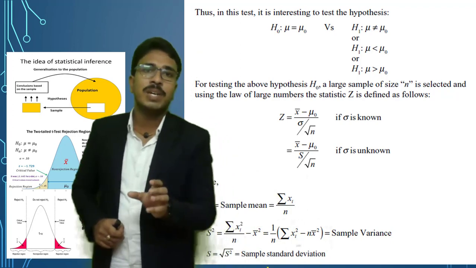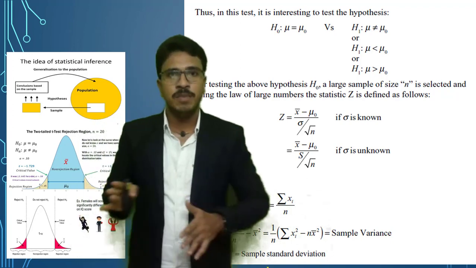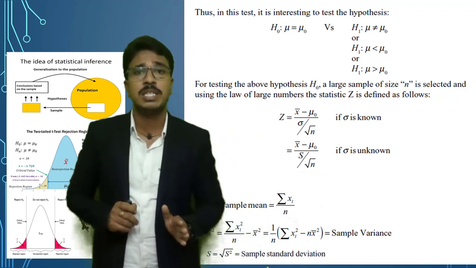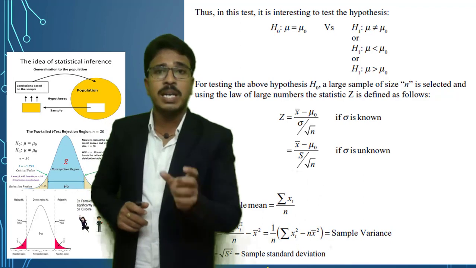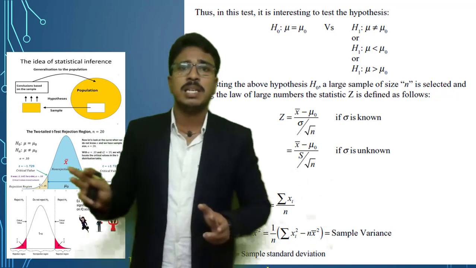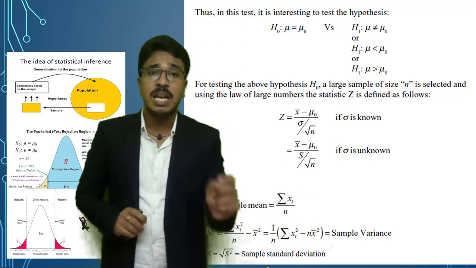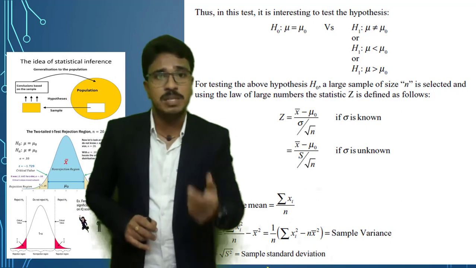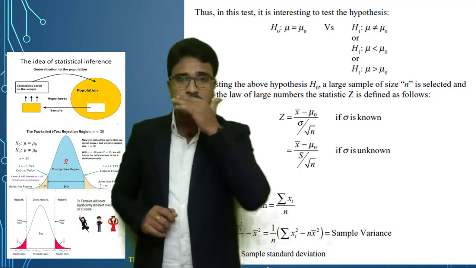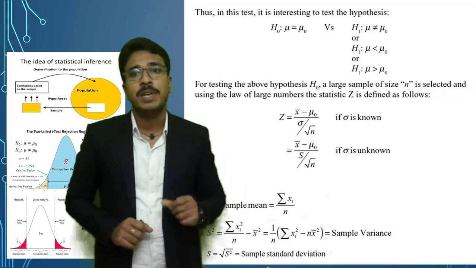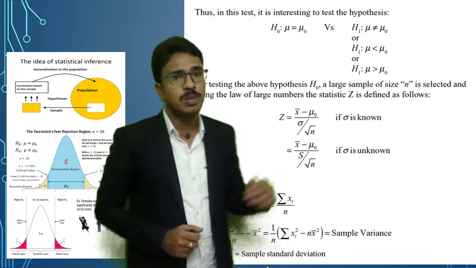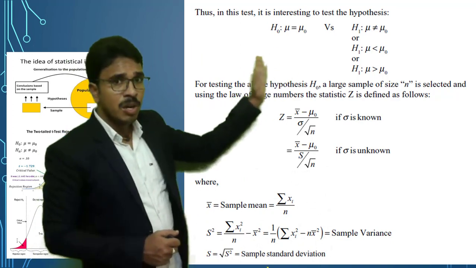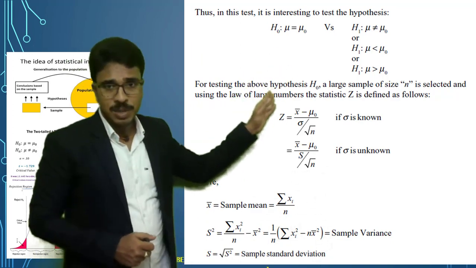Okay, throughout this significance test we can use the same kind of notations irrespective of the test. That's why you have to understand these notations carefully. Whenever you look at H naught in all the significance tests, that means the null hypothesis. The small n is nothing but the sample size. If the sample size is greater than 30, you can use this formula: Z is equal to x bar minus mu naught divided by sigma divided by root n.